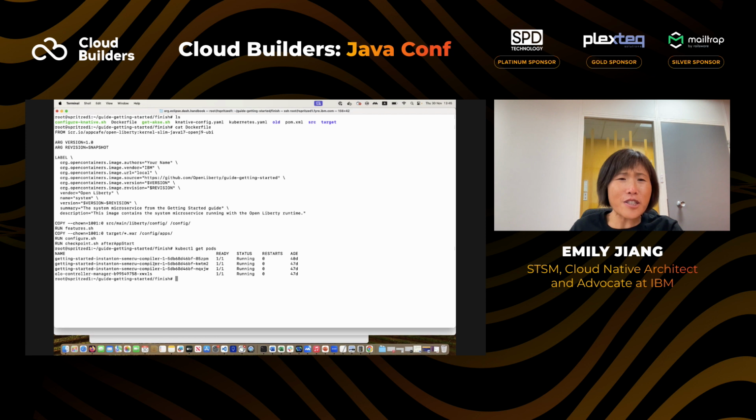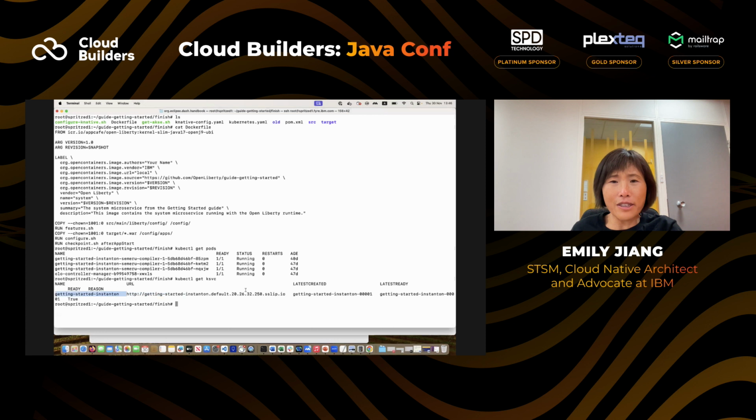There are 3 instances for the Open Liberty container and the OLO controller manager. If I look at the Knative service, as you can see, the service is here, but there is no load. That's why no pod is running.